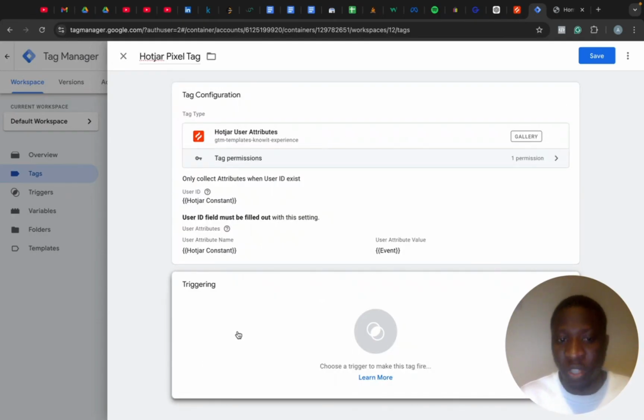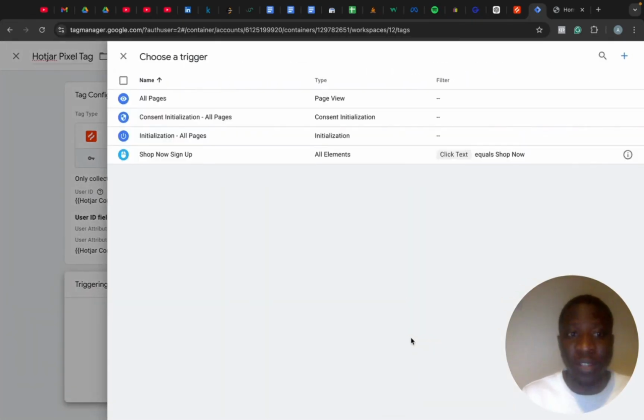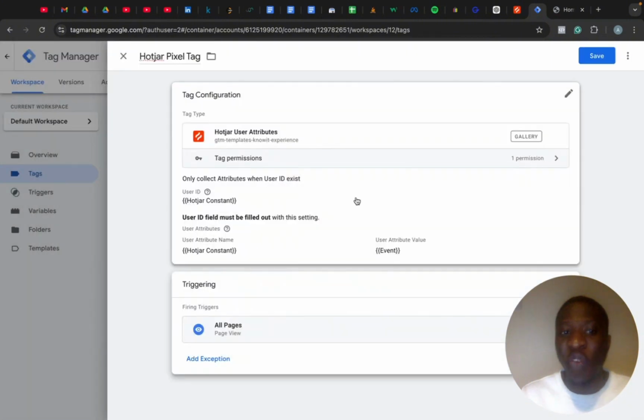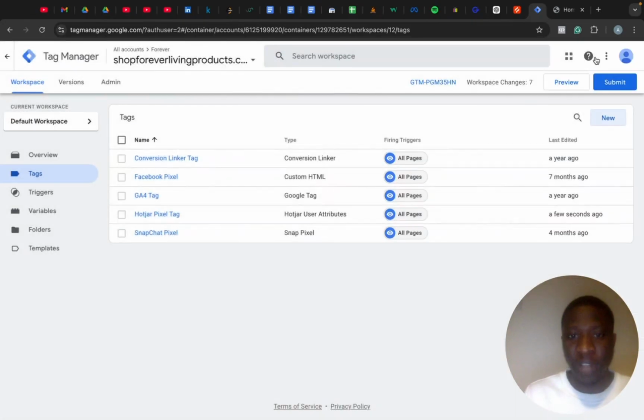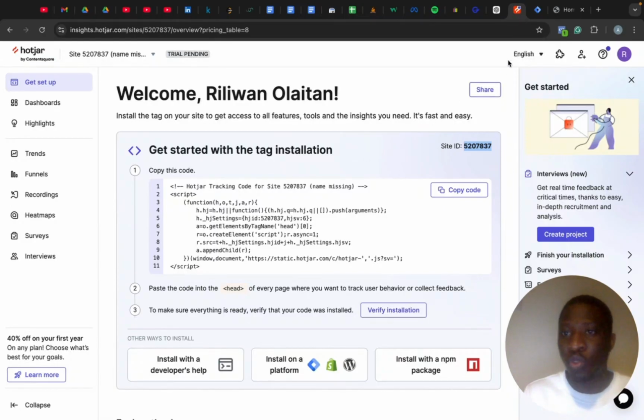Then you come to triggering. Triggering means choose a trigger to make this tag fire. Where do you want all these tags to fire? I want it to fire on all pages. Then you select all pages. So then you click on save. That's all you need to do to connect your website to